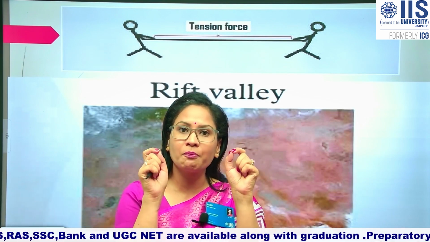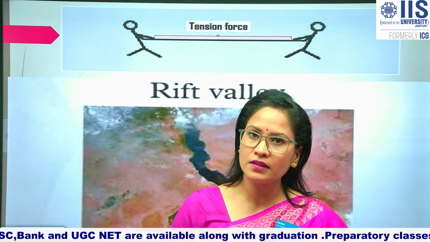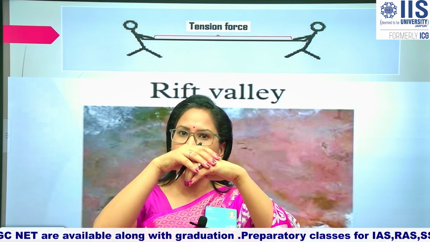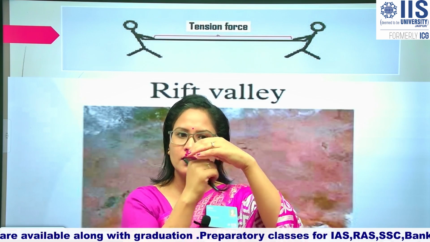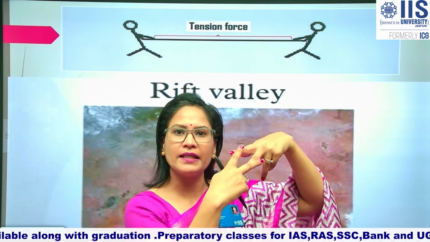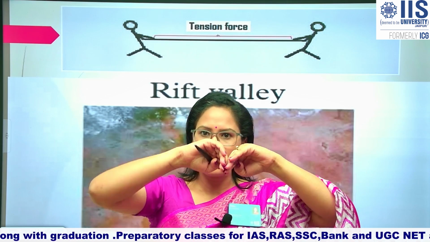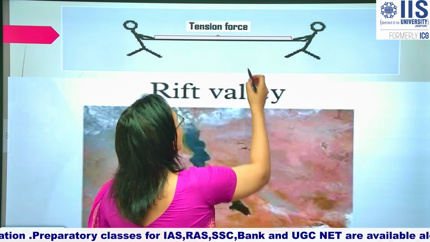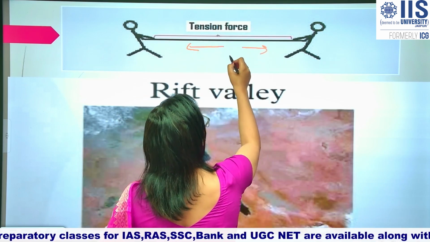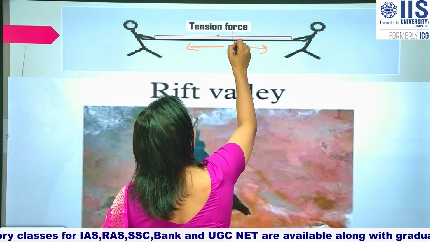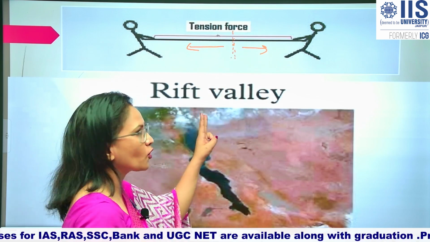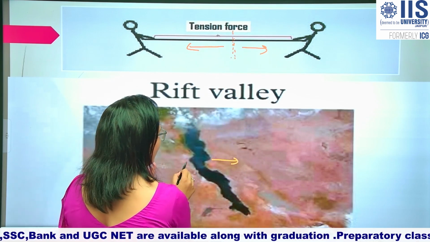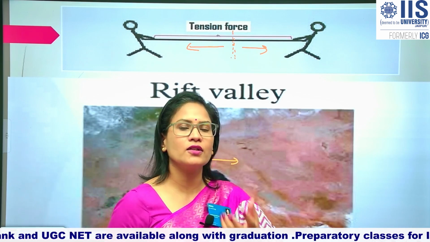It means that the plates which occur on the earth's surface or under the earth's surface, suppose this is the crustal part and this is the interior part of the earth, and these are plates. If these plates are moving apart from each other, then a tension will be created. Moving apart from each other, there must be tension, right? And because of this tension, this stress, sometimes cracks occur on the earth's surface.